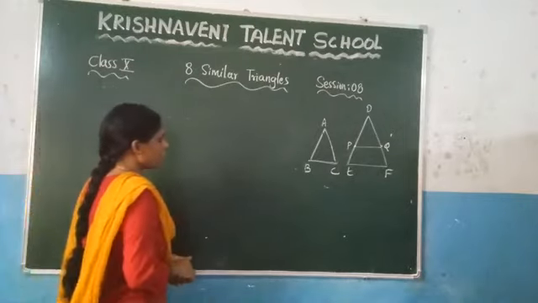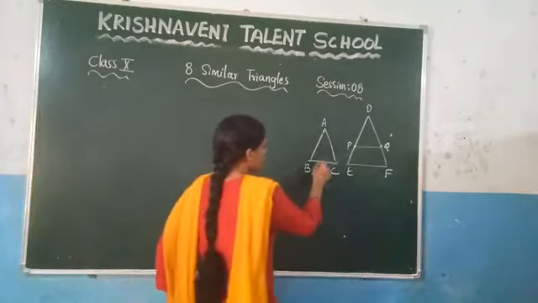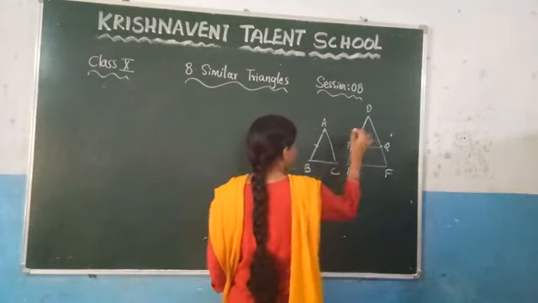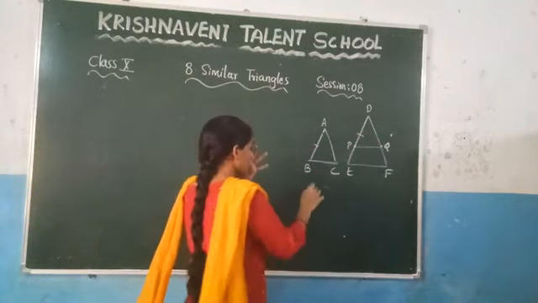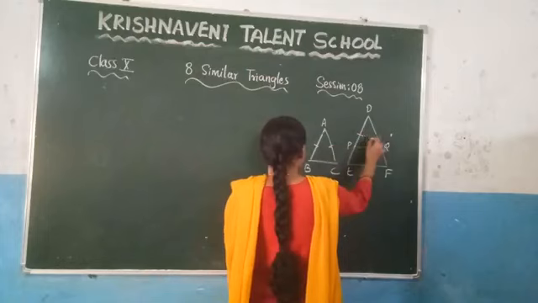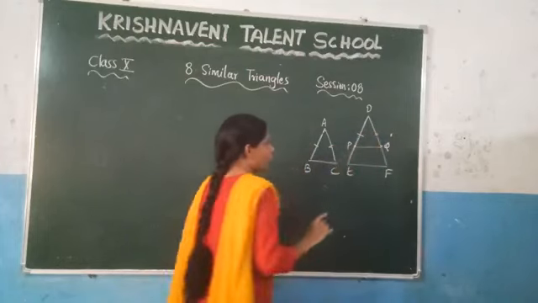So here, you can observe that what we have done, the construction AB is equal to DP, and similarly the length of AC is equal to the length of DQ. Like that we have chosen 2